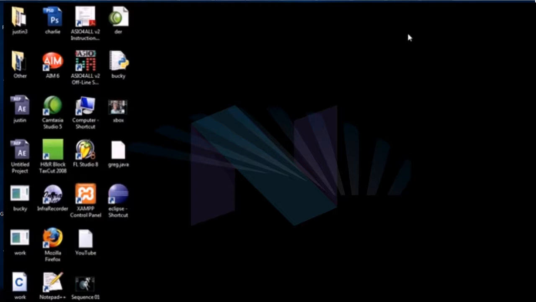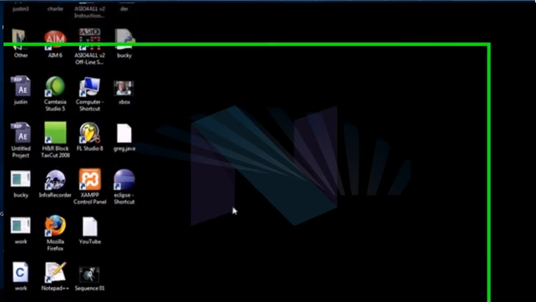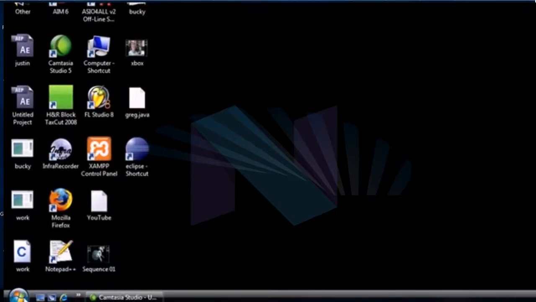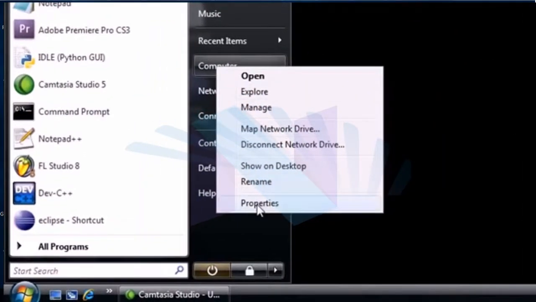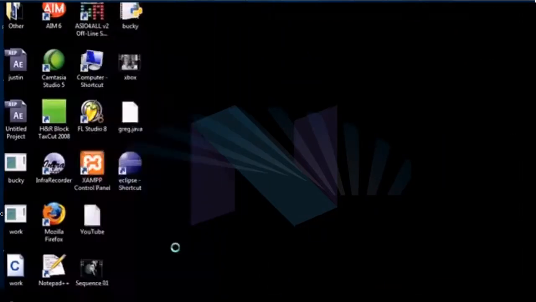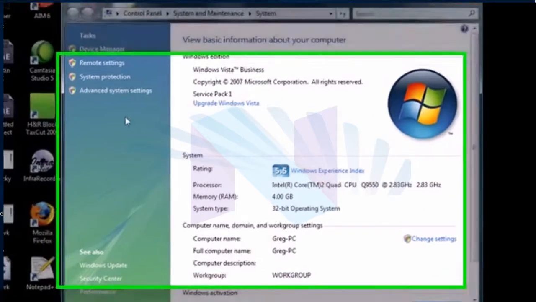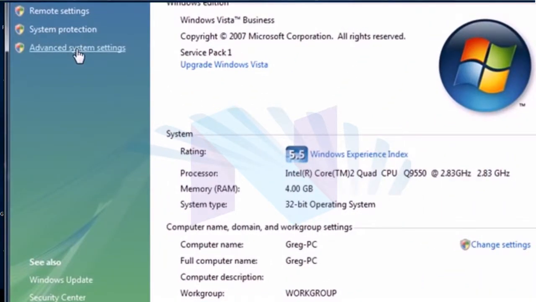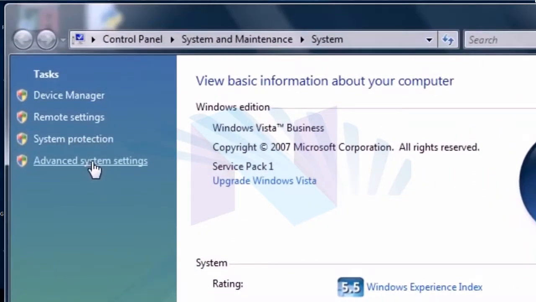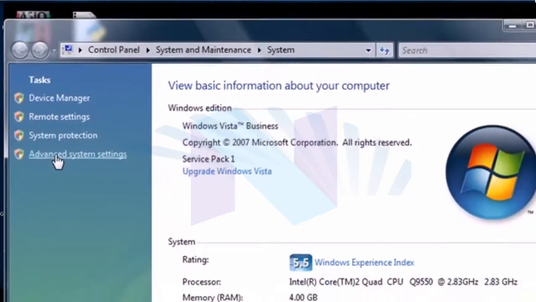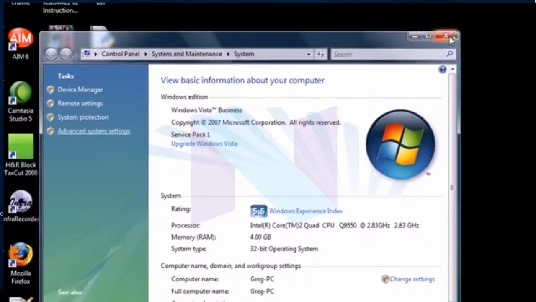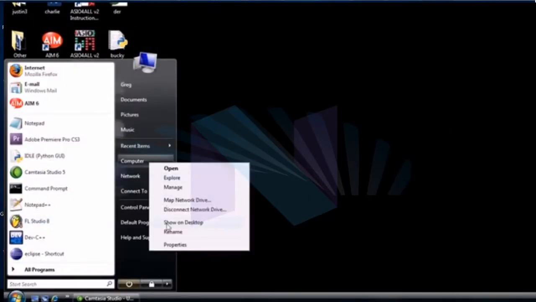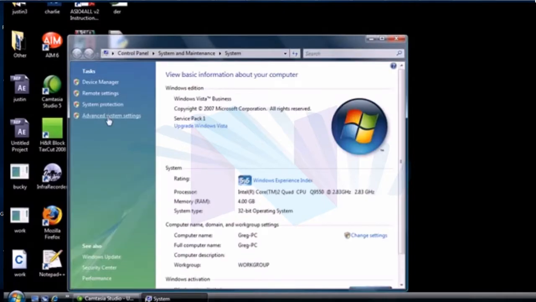So how do we tell your computer to look there? Well, go ahead and click my computer again from your start menu and click properties. Remember, you want to right click it and click properties. All of these are very important. Go ahead and click advanced system settings, and probably a little message is going to pop up, if my computer's not freezing, and it is. So my computer, properties, advanced system settings, there we go, continue,